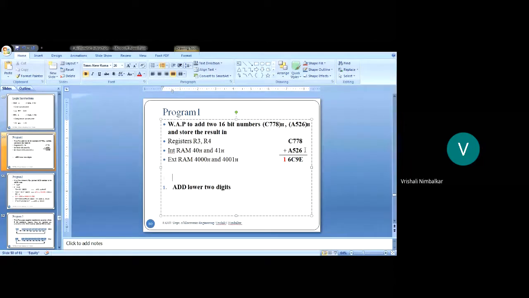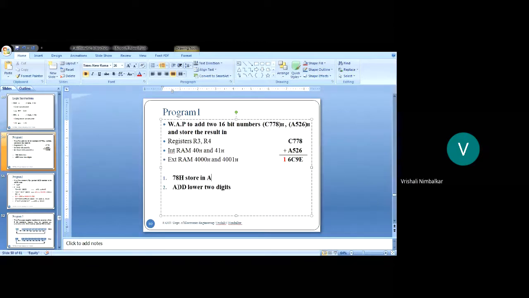So I'm going to first start with adding the lower digits, but while adding, one number should be in the accumulator, and the other number I'll give in the instruction. So let me say 78 hex, store it in the accumulator, whereas the other number 26, I will put in the ADD instruction itself.